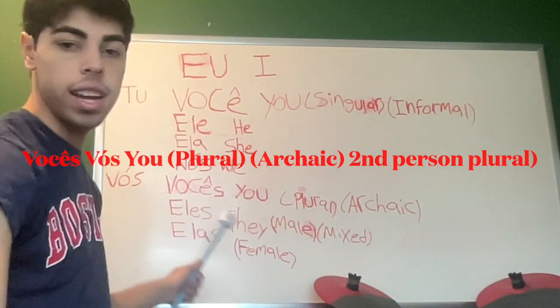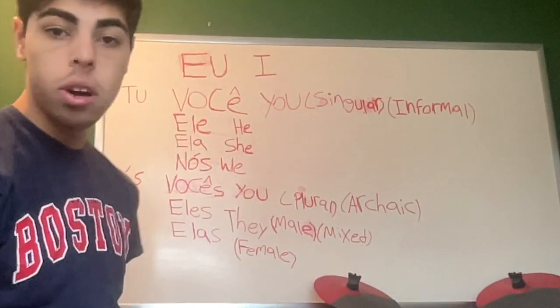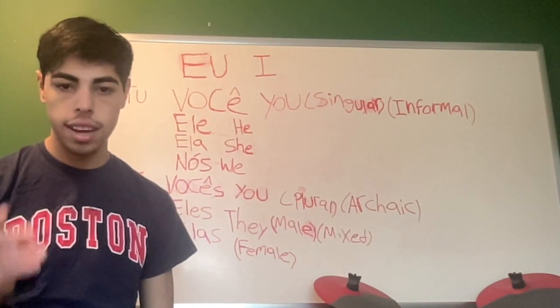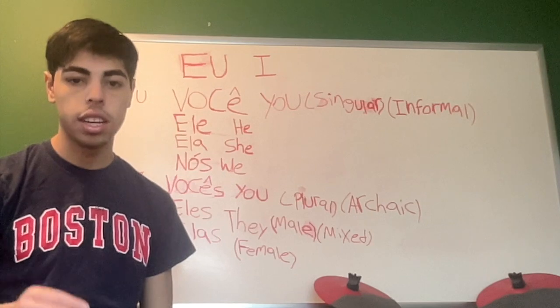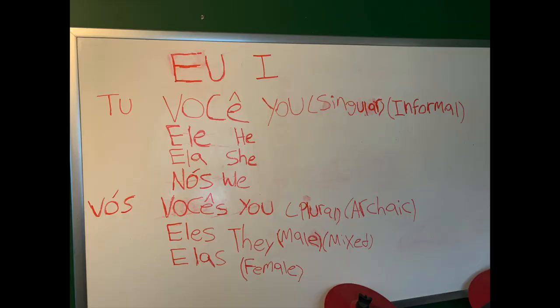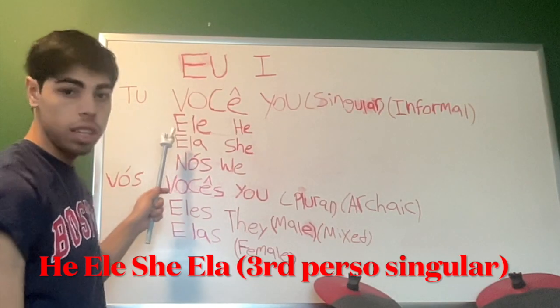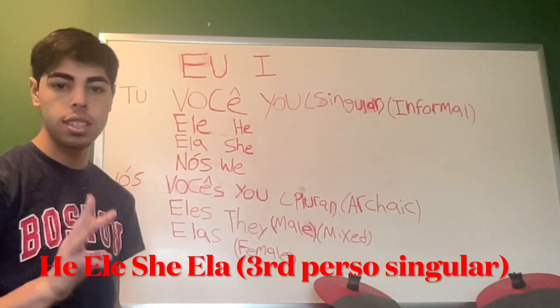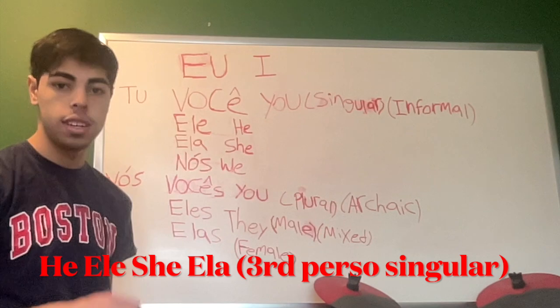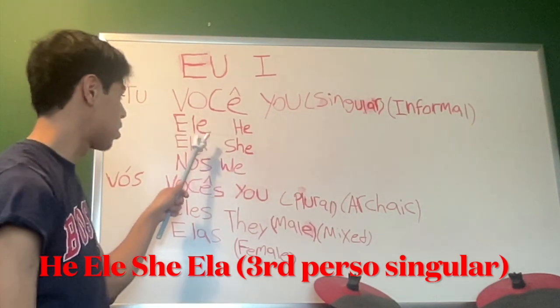We went over that in the last video. And then the third person refers to the person or thing that is not directly involved in the conversation. Third person right here, if you remember, we learned about this in the last video. And "ele", "ela" is third person singular, because you would only use it for a single person, and there's no S at the end because it's not a plural.